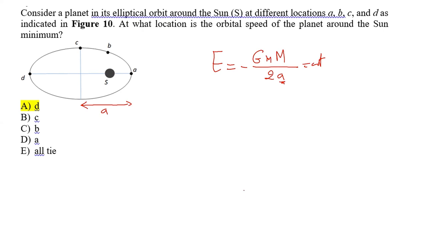I told you that angular momentum is constant, but also mechanical energy is constant. And mechanical energy is constant means what? It means kinetic energy plus gravitational potential energy, the sum of them, is constant. Kinetic energy is half m, mass of the planet, speed of the planet squared. Gravitational potential energy is minus G M m divided by r. Now you see,